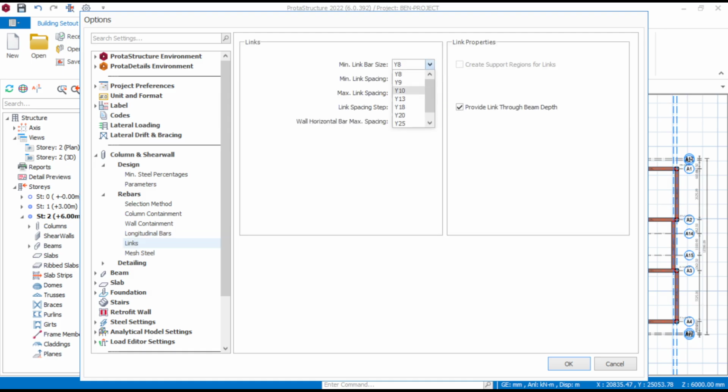Then let's go to the links. My links, I want it to be 10 mm. Then I want my link spacing to be a maximum of 250. I don't have walls, but let's just make this 250 also. Now let's go to